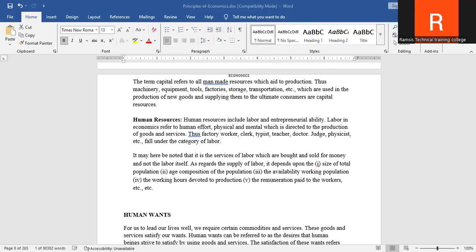Maybe you should know what the factors of production are before we proceed. So what are the factors of production? You should ask yourself at this point, because we are now talking about economics. At this point, you should know the factors of what? Production. Of course, we'll look at it later on, but it is also very important to know the factors of what? Production.